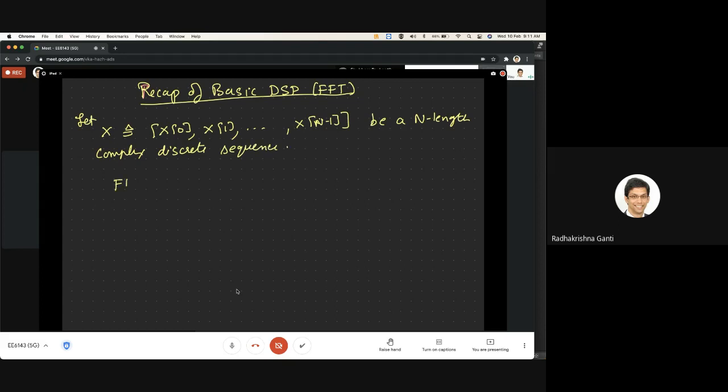Then the n-length FFT of x is denoted by x tilde, and I'm going to denote the index as k. Let me first define this. It is 1 by square root n, sigma n equal to 0 to n minus 1